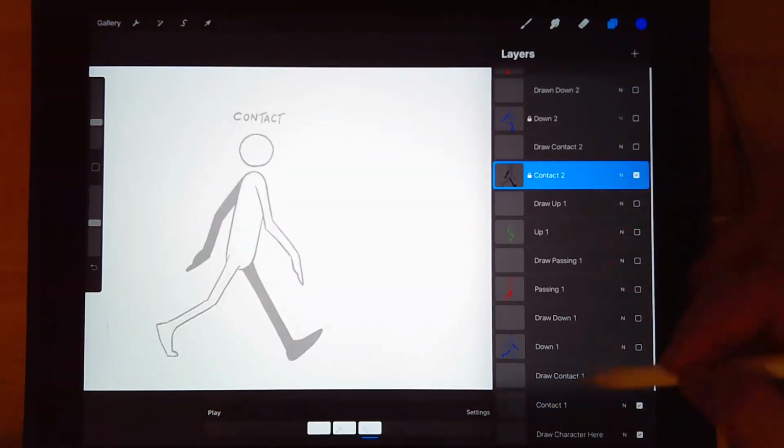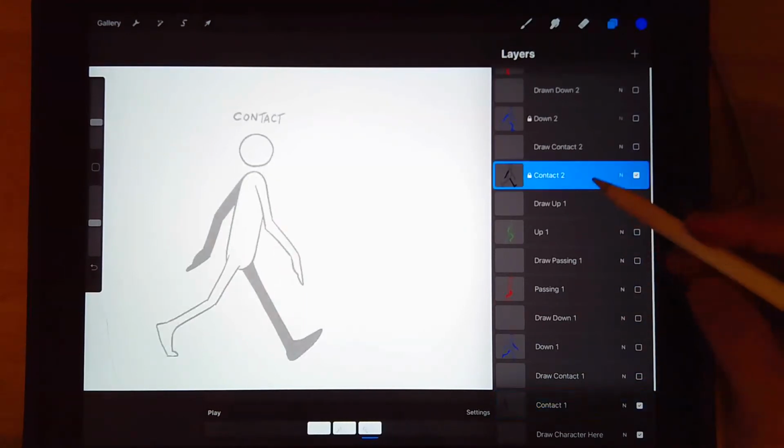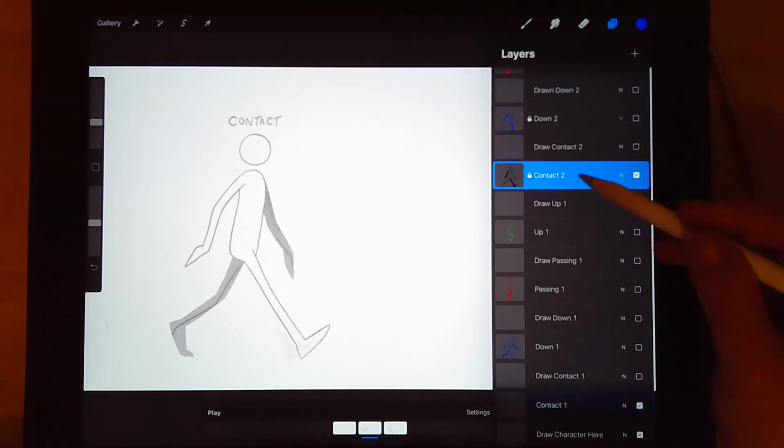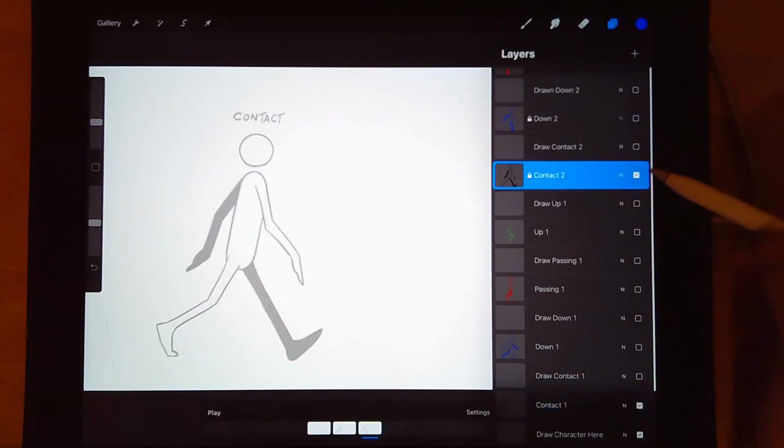So the shading is going to change on the other side. You do not have to shade your walk cycle, but you will need to turn them in the end and flip them. So this is what I'm considering a flip. All right, now you will probably notice that the template seems